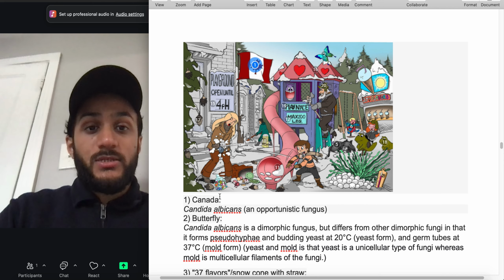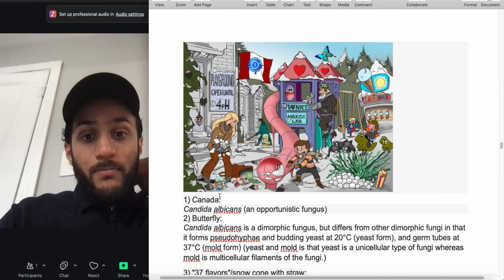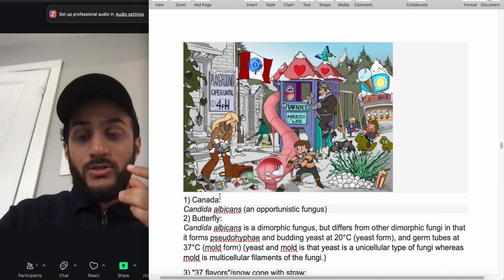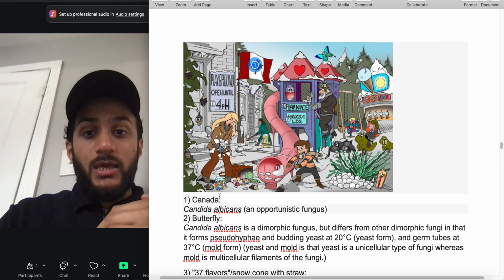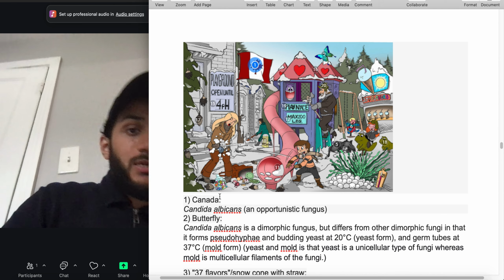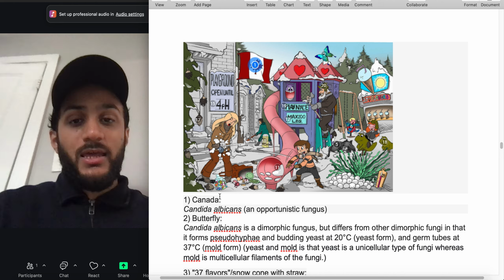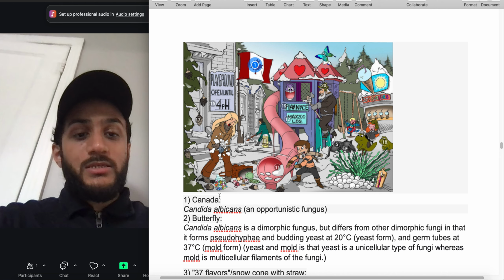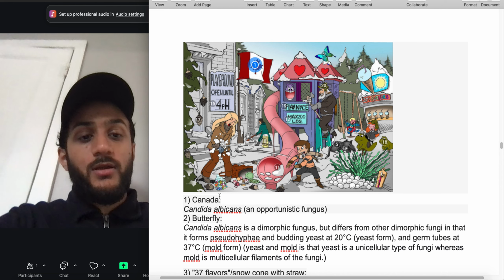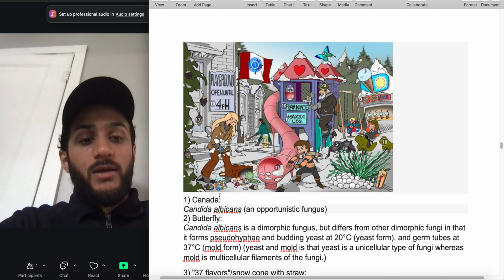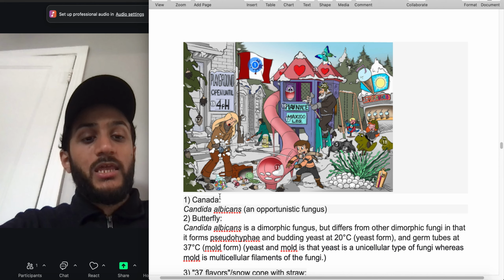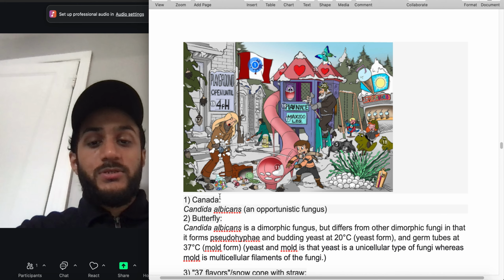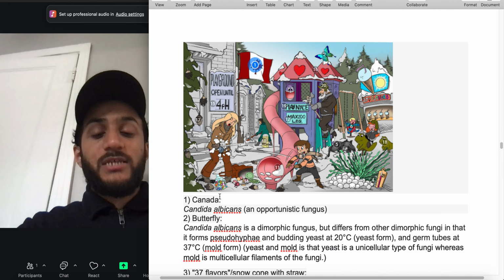Opportunistic infection. We can see over here there's going to be a butterfly. It's going to be dimorphic, so cold mold, heat yeast: mold in the cold, yeast in the heat. So we can see there's going to be dimorphic fungi. This is what differs from other dimorphic fungi in that they form pseudohyphae, budding yeast, and germ tubes at 37 degrees,